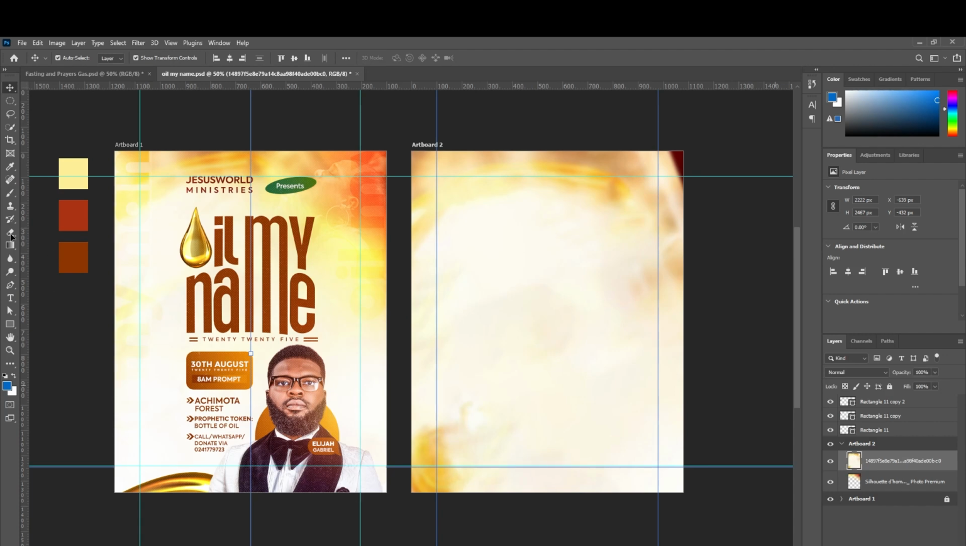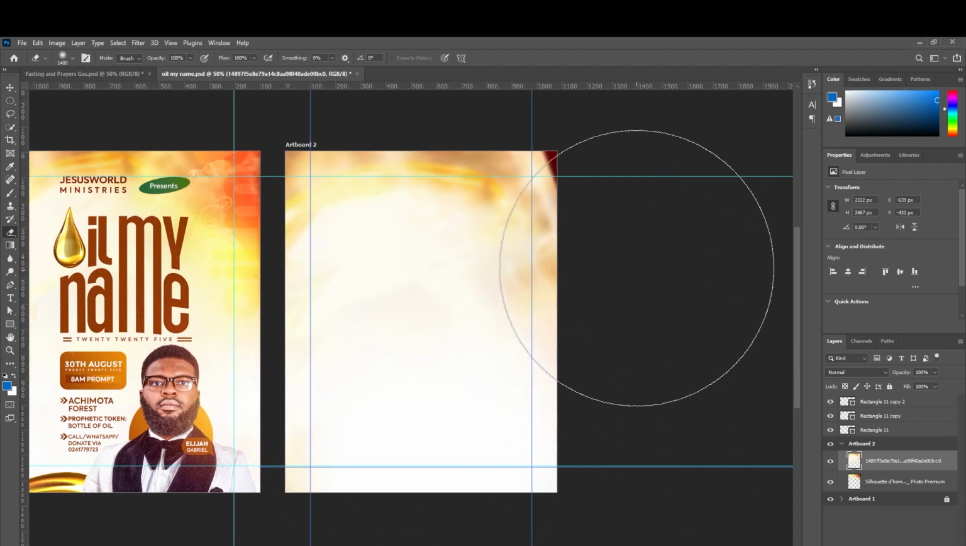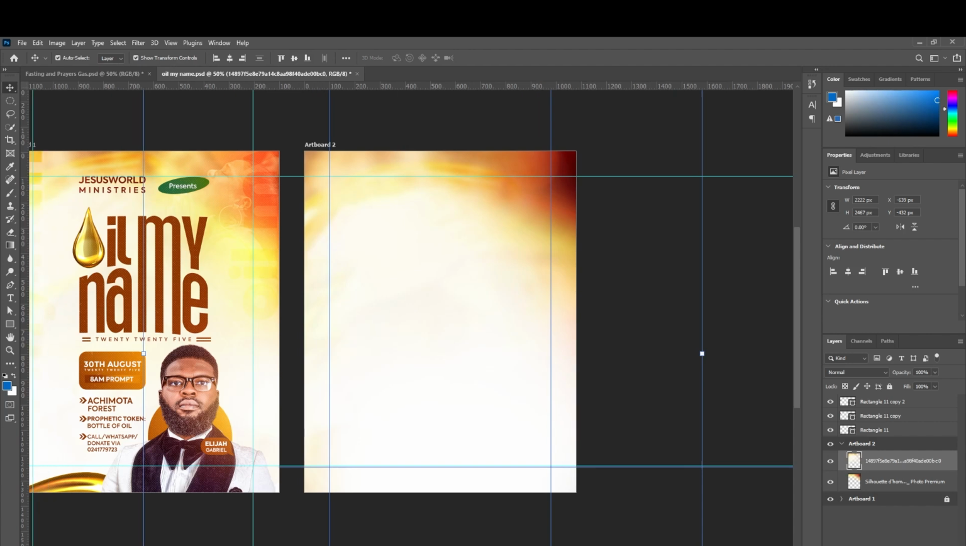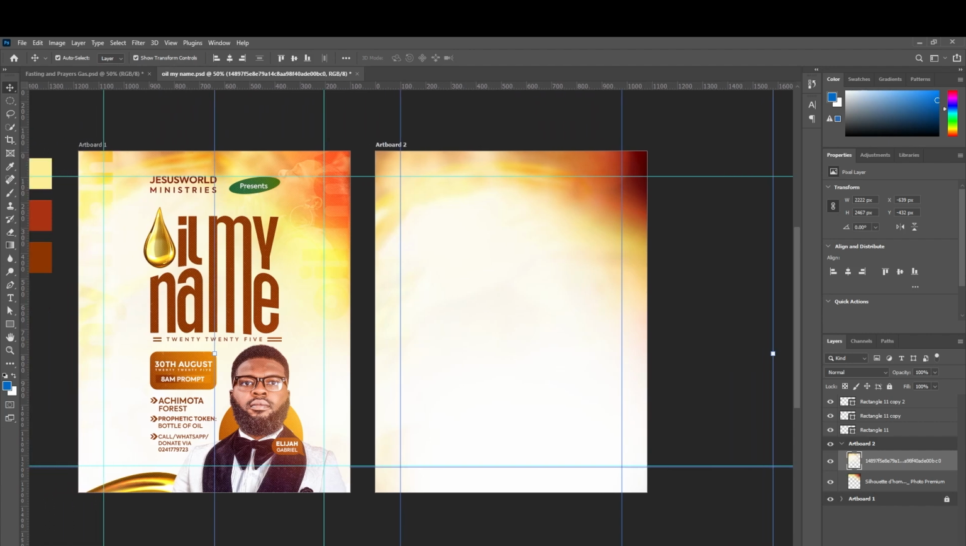Okay, it's already rasterized. So let us select our eraser tool, and then let's take away some portion. Like this, and then the top corner, because we won't really need it. We want it to look a little real. So something like this. Okay, so we can see it's coming with time. So one last thing is